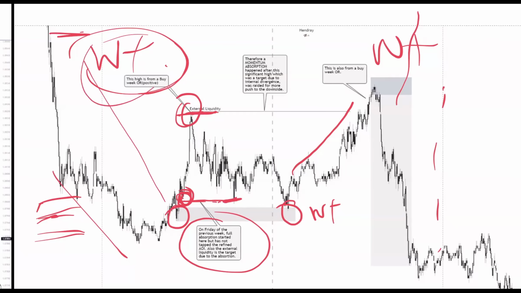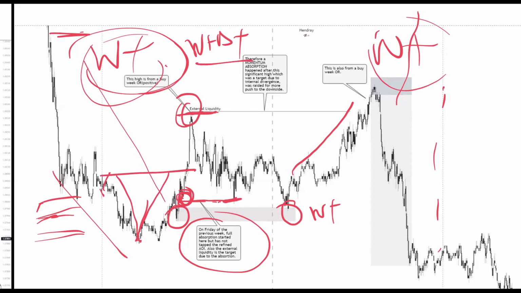So the highest volume area is W plus. Here also is W plus. And yet, price continued downward. In fact, it was W plus D plus, I think, because I think this flipped, it cleared the low, cleared the high, made the target for that Friday, and flipped to a buy somewhere around there. So it was W plus D plus. Also, this is a Monday. Remember, Monday assumes the open range of the week. So Monday also was W plus D plus. Full momentum absorption for price to continue in the normal direction.